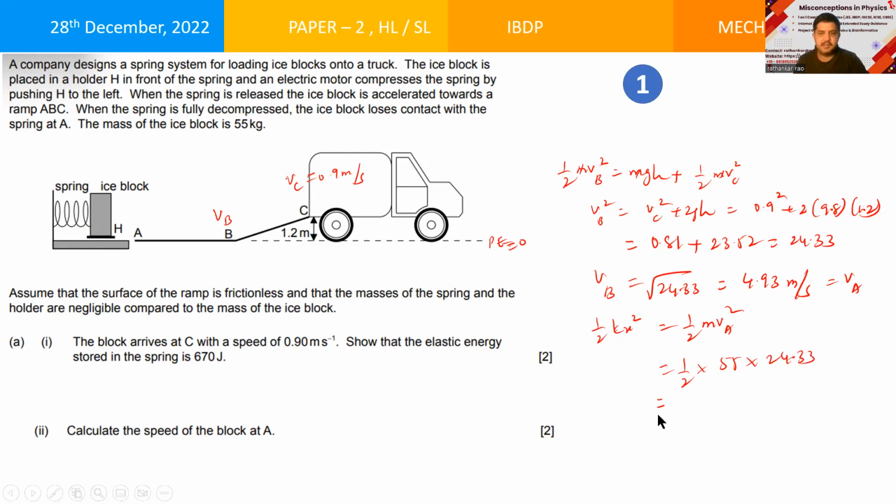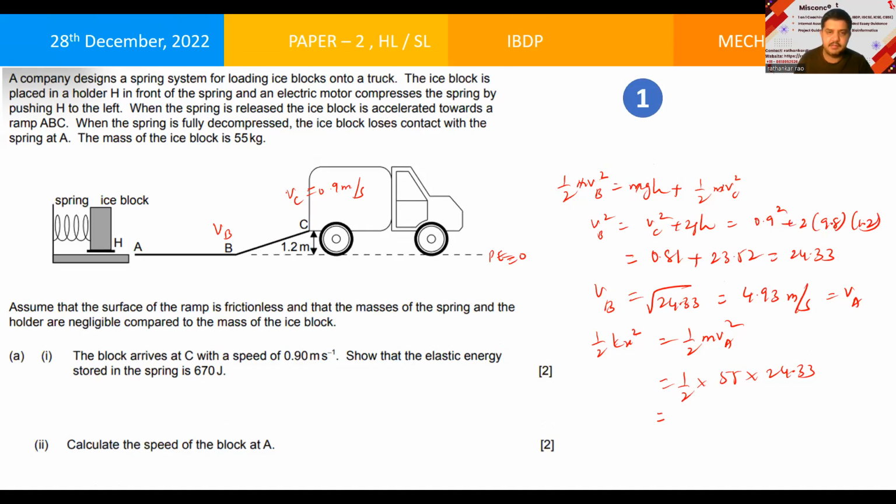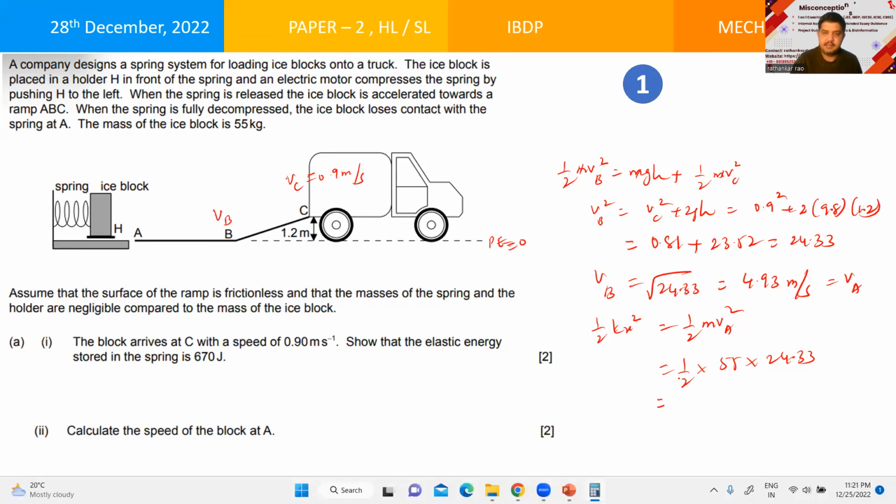24.33. Now calculate what is this value. 24.33. Oh my god, I squared it across. Okay, no problem, no issues. Now 55 divided by 2 times 24.33. When I do this, I get the answer as 669.05